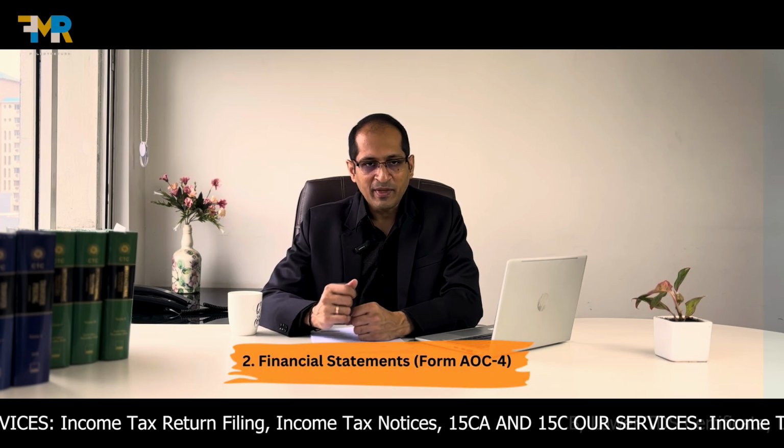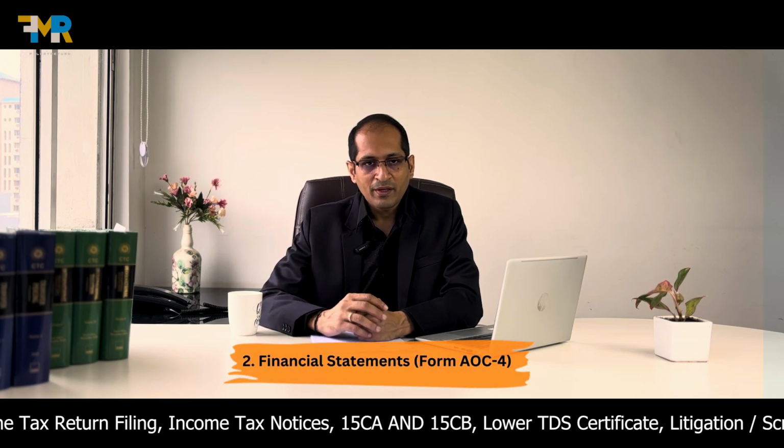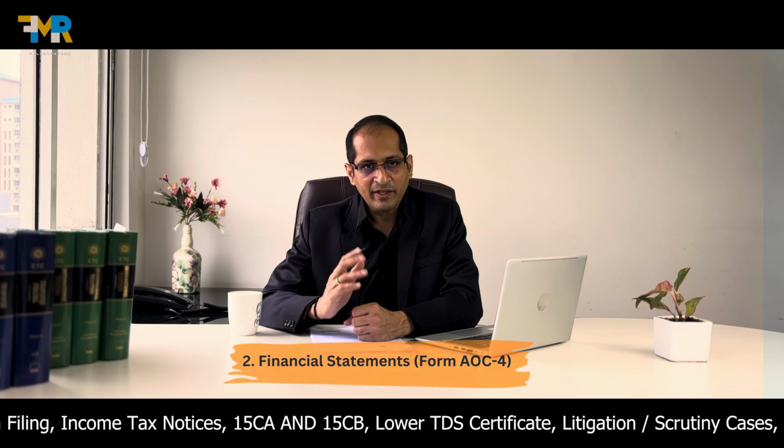Second, financial statements, Form AOC 4. Your company's financial health is critical. You need to file your financial statements including the balance sheet and the profit and loss account within 30 days of the AGM. This transparency shows how funds are managed for your charitable goals, maintaining trust with the donors and